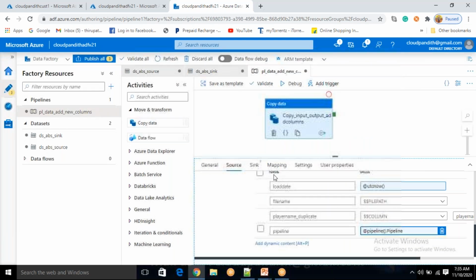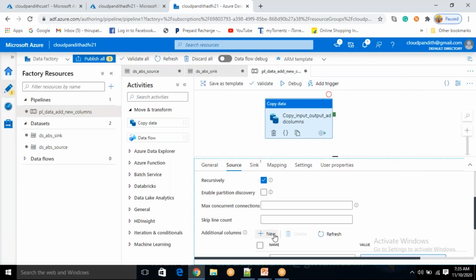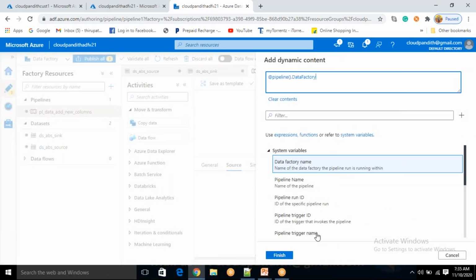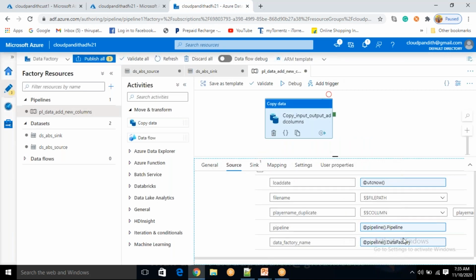If you want to pass it, then click new again. Okay, come down here, you can say data factory underscore name. Okay, so this is also your dynamic content. So data factory name you can select, and run ID, in which run.